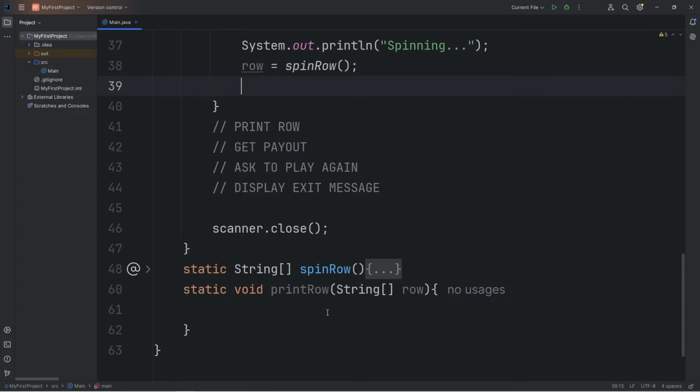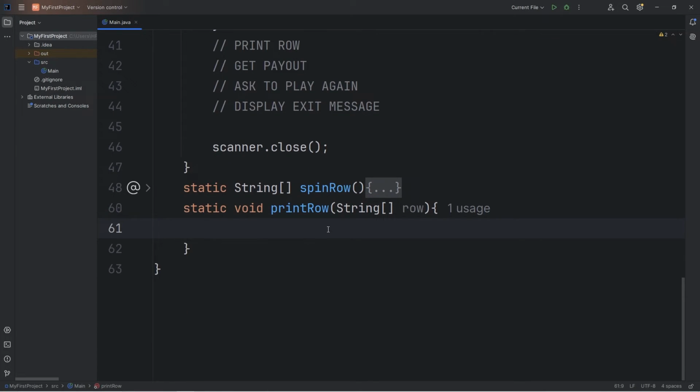After assigning our row, we will call the print row method. But we have to pass in our row. Because we have one parameter, we have to pass in a string array, which we are. So here's where we'll print and display our row of emojis. Let's output the following. I will display a space character, plus, now the string